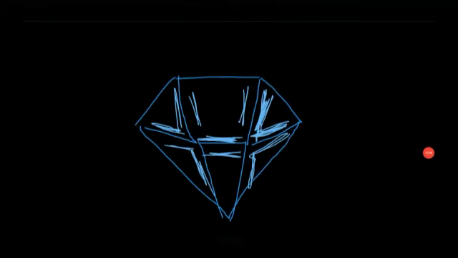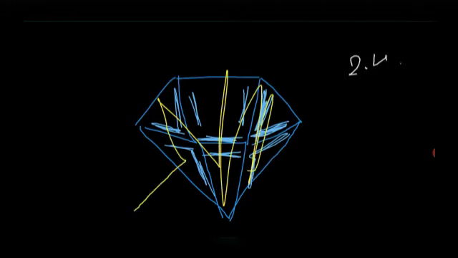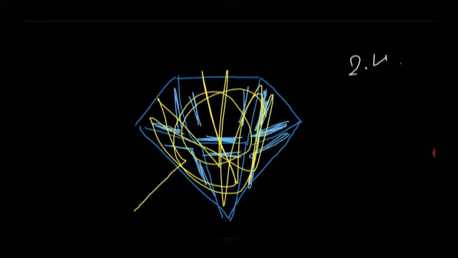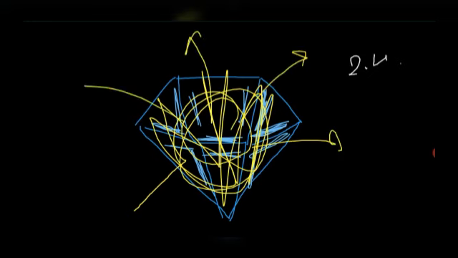That's wrong. Okay, let's do one thing. This is my best attempt at drawing a diamond. What this diamond does is that it has a very high refractive index, 2.4. So when a light ray enters, it just bounces around in the diamond, bounces around, so it looks like it is emanating light from all directions. It bounces so much it looks like the light is coming out of the diamond. That's not true. For the diamond to sparkle, you need light.